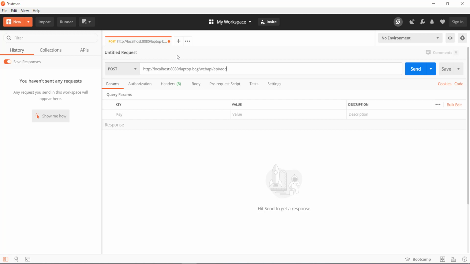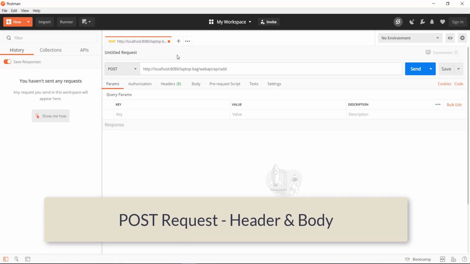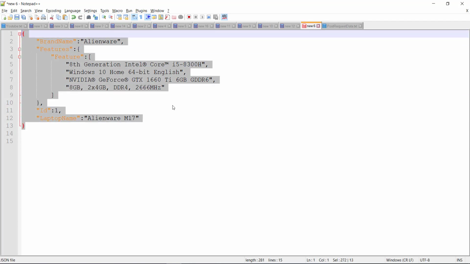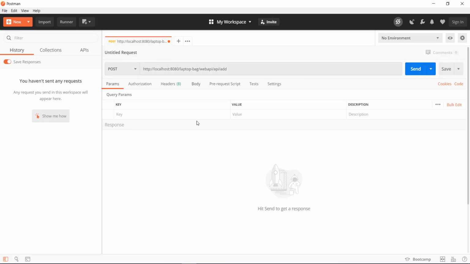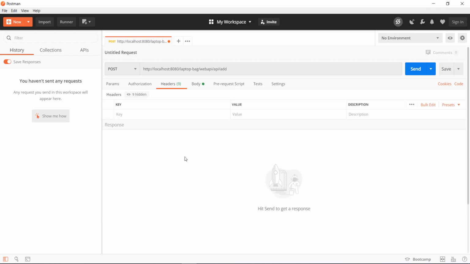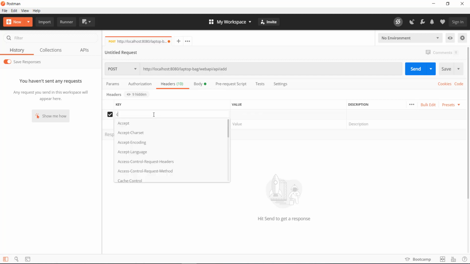Now when you send the post request, there are two important things which you need to attach with the request. One is the body and second one is the header. So this is the body which I'm going to send along with the post request. And in the headers, we need to specify what is the format of the body which is attached with the post request, because server is going to use this header to understand what is the format of the body. So for that, the header we need to use is content type